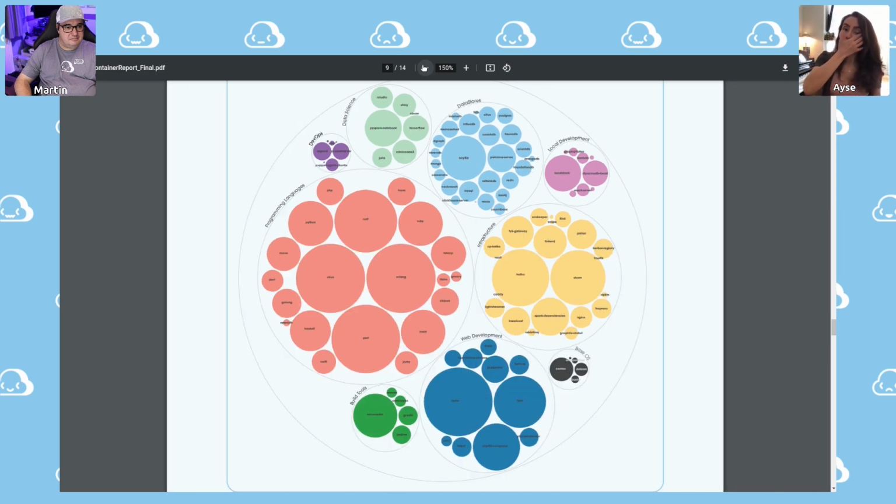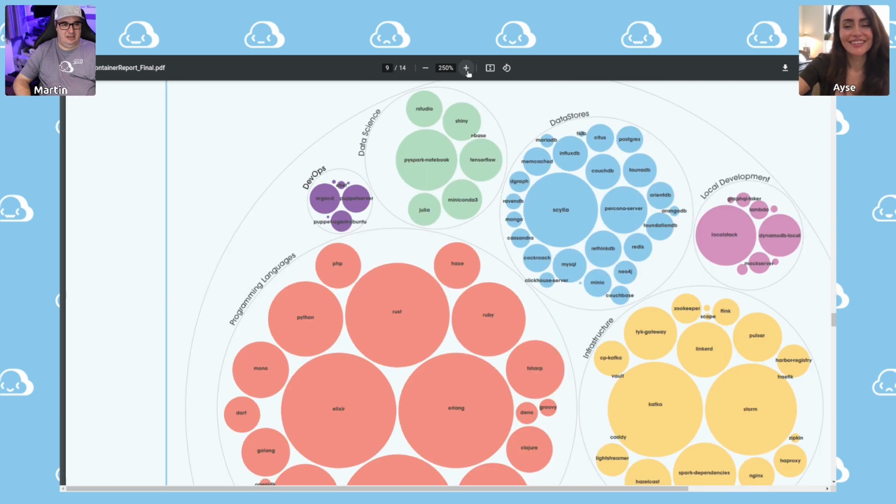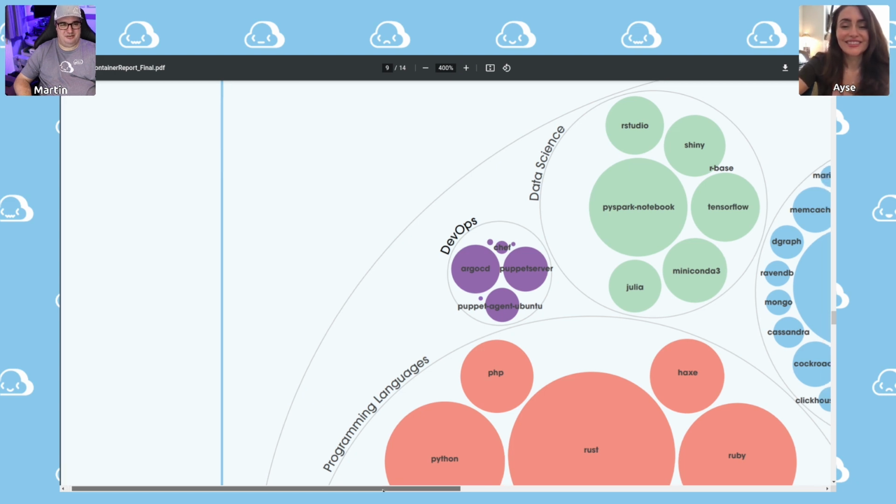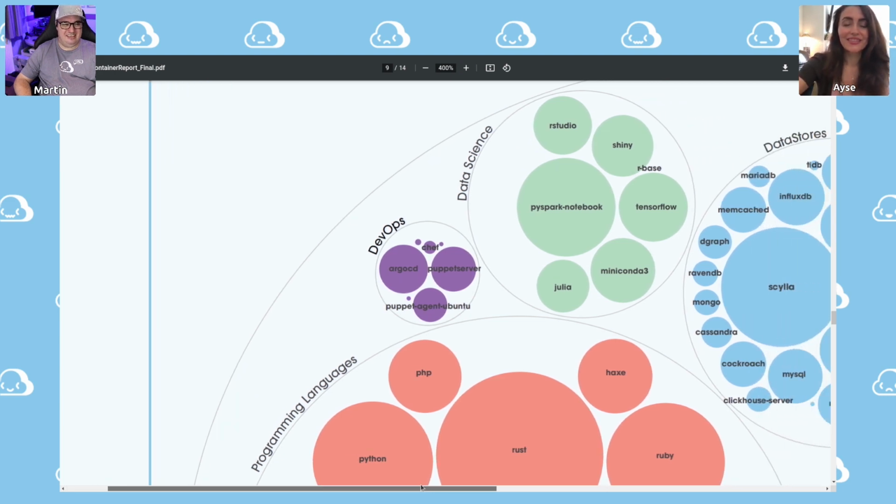Exactly. So this beautiful chart with so many different things. I'm going to zoom in to just a couple of areas as you're talking, so people can see some of the information revealed behind this. You do your thing, and I will scan around this landscape. Thank you for that.